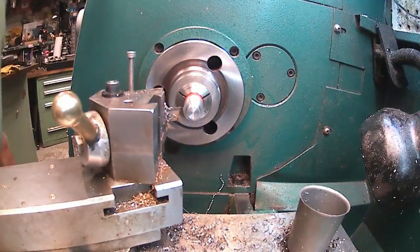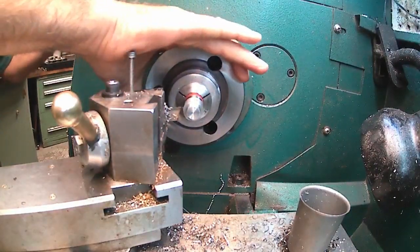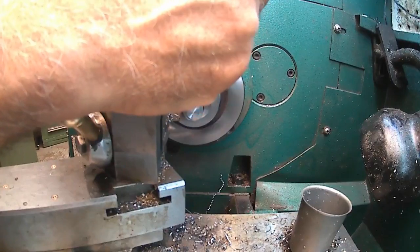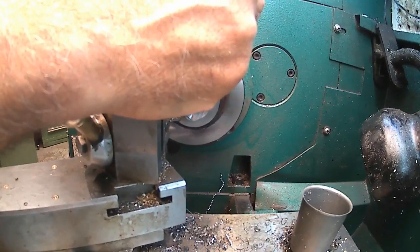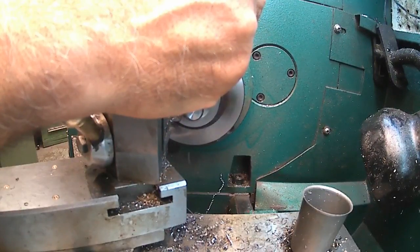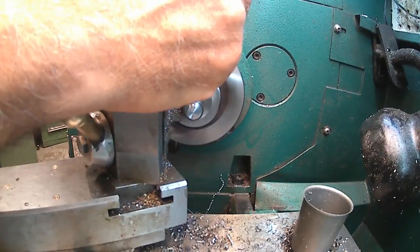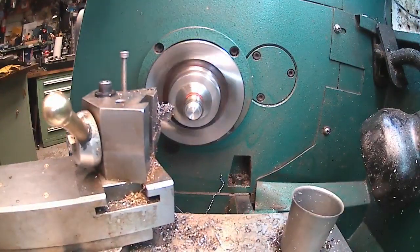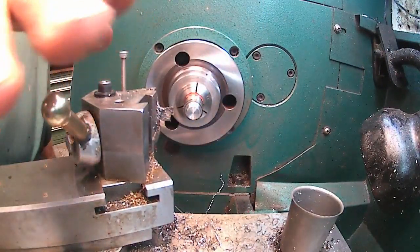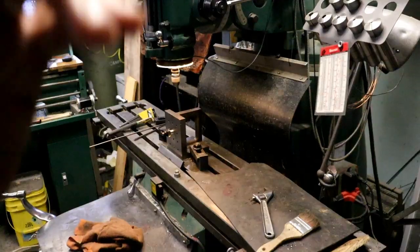Get some oil. And I'm going to slow this down a little bit. I'm going to drop it down to 600. And now I'll hit those with a file, and I'm going to have to take the camera off the tailstock because I got to use the drill chuck. So I'll turn the camera. Okay,